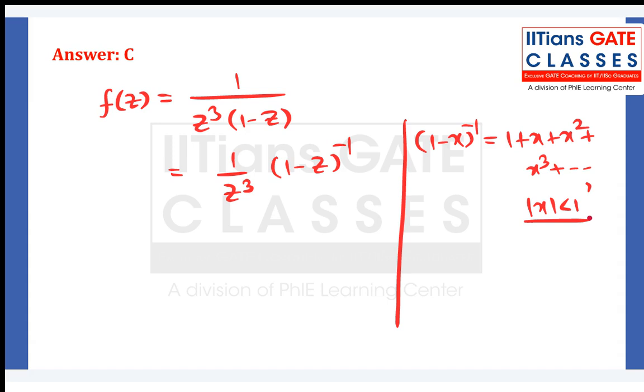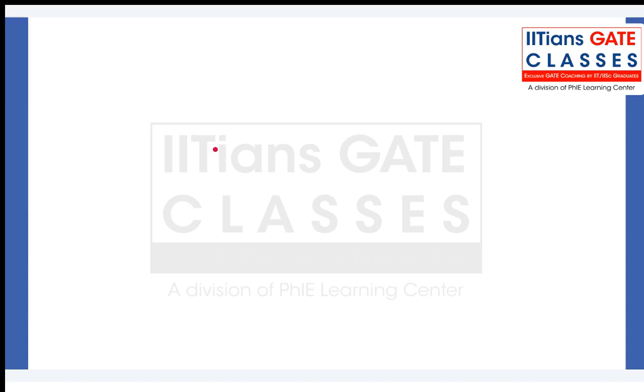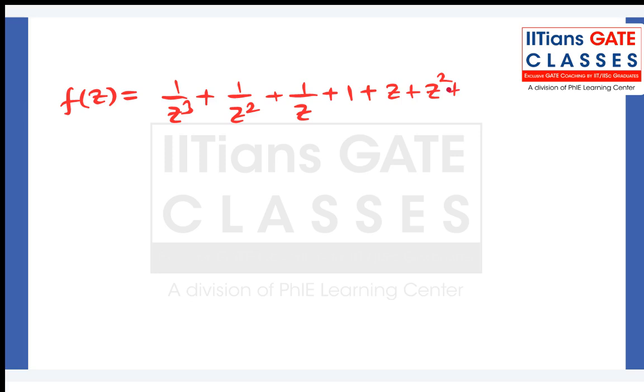So if you do that, what do you have here? 1 by z cube into 1 plus z square and so on and so forth. There is no space here, so let's go to the next slide and then we'll expand this. Basically you are supposed to multiply by 1 by z cube, right? So this first term will be 1 by z cube, second will be 1 by z square, third will be 1 by z, fourth will be just 1, and then z square, z cube, and so on and so forth. Okay, and that is what you are supposed to catch. So plus 1